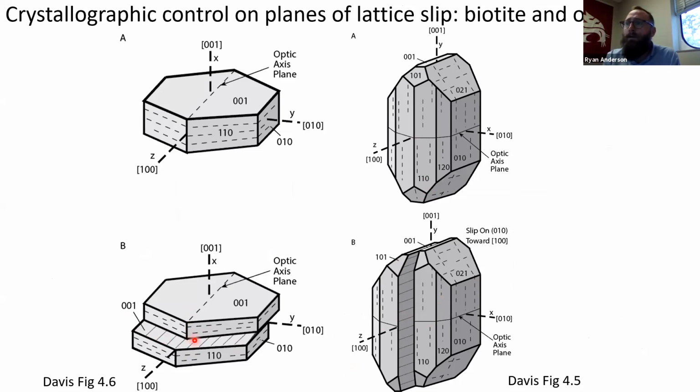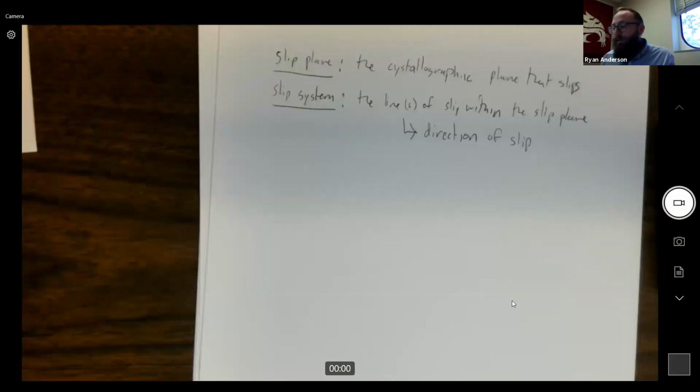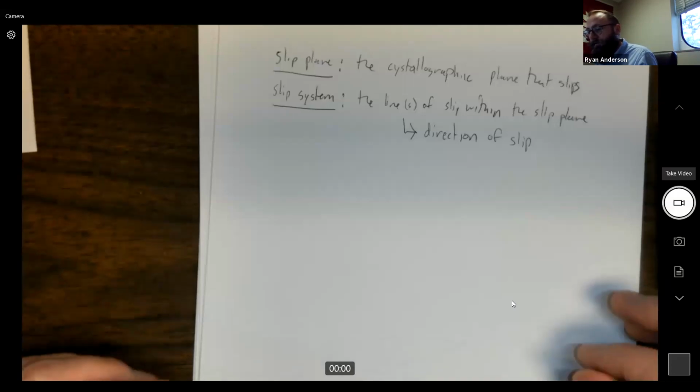So the degree of slippage or the development of cleavage in slip planes is intuitively related to the type of bonding that we have. Okay, so we can kind of rank our